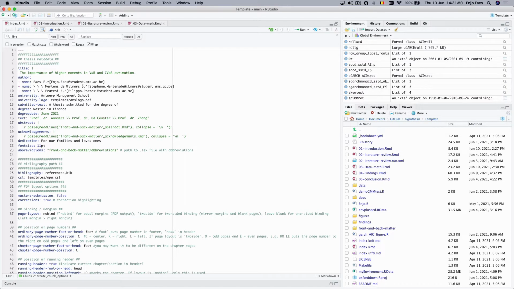So we are using the latest version of RStudio. I am doing that on my MacBook, but my two colleagues are doing that on the newest version on Windows, as of June 2021. So basically this template from Oxford Down